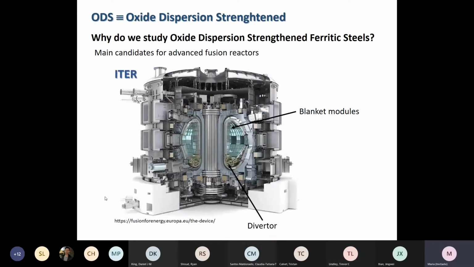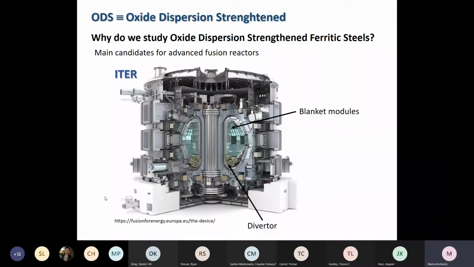I just started using the ODS acronym, but you may or may not know. ODS stands for Oxide Dispersion Strengthened. And that actually describes well one of the main characteristics of these materials, because they do possess a nanometric dispersion of oxides, which is induced by the manufacturing process, and these small nano oxides act as sinks of dislocations and defects that may be